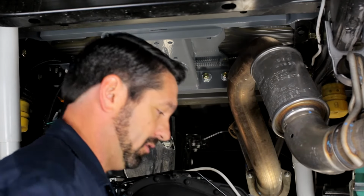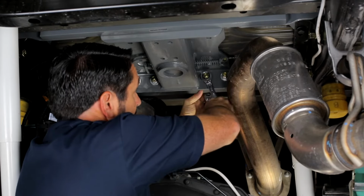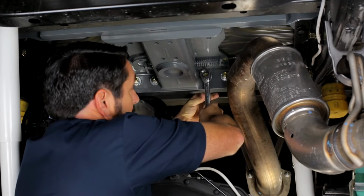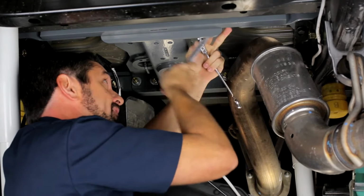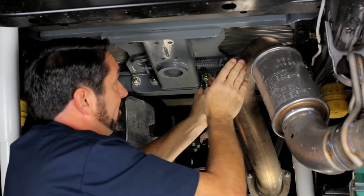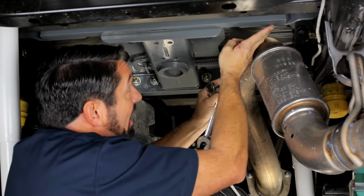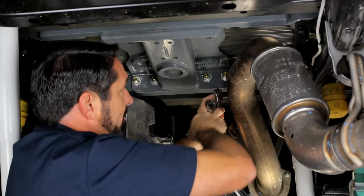So I'm going to start by tightening these down first, followed by the ones back here on the back. And then once I have all of my 1/2-inch fasteners tightened, I'll move out to the 15/16. Basically, you're going to tighten the 8 fasteners along the back cross member and the 7 fasteners across the front